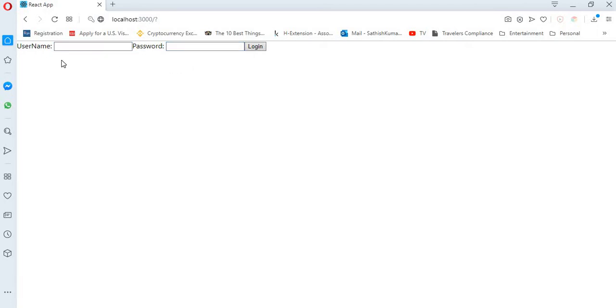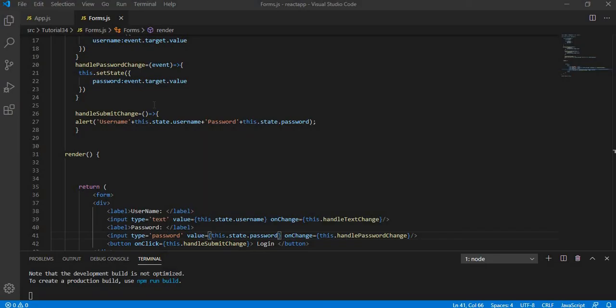It is okay, we have only 2 fields, but in real big applications, you will have a lot of contents over here, and when you click on login and if the browser refreshes, you will lose all the information that is present or entered over here, right? Which is a bad user experience. So in order to avoid it, what do we need to do? This is the one cautious thing that I want to explain to you guys in this particular tutorial.